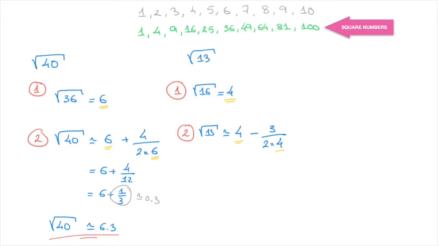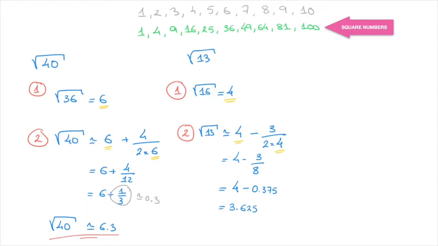Again, that's the same 4 as the one we found in step 1. So that's equal to 4 minus 3 over 2 times 4, which is 8. And so that's equal to 4 minus 3 over 8, which, if you're comfortable converting fractions to decimals, is 0.375. This is therefore equal to